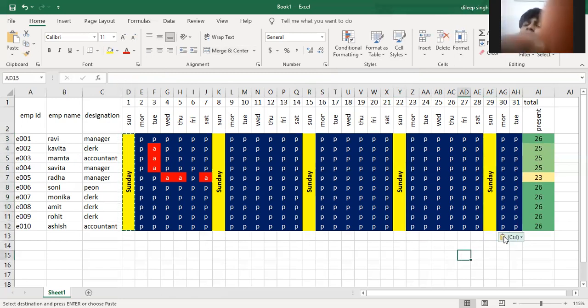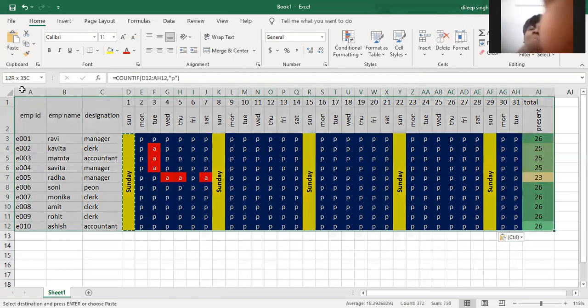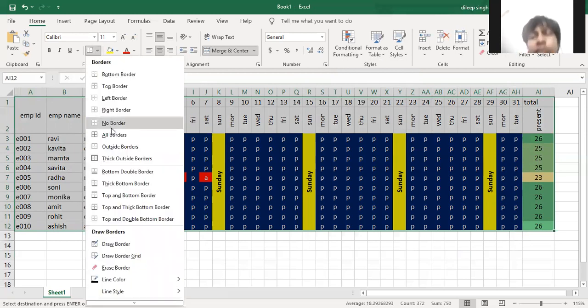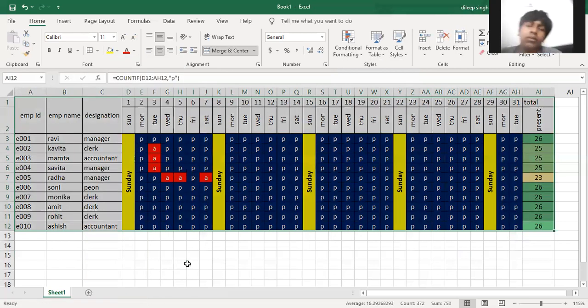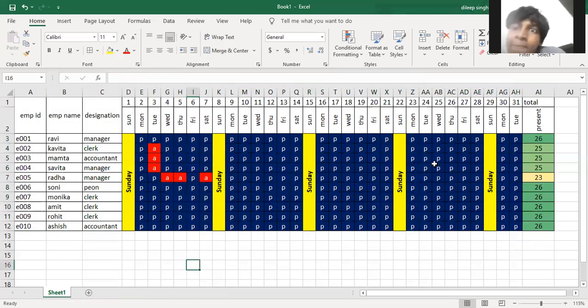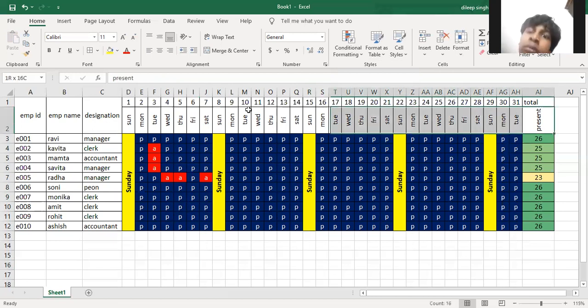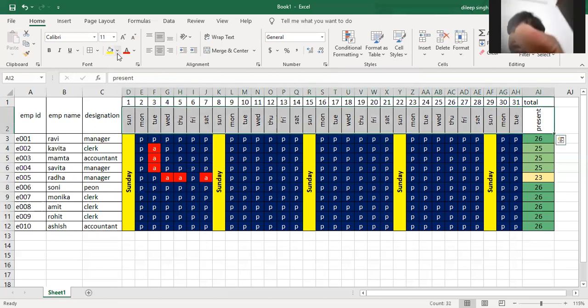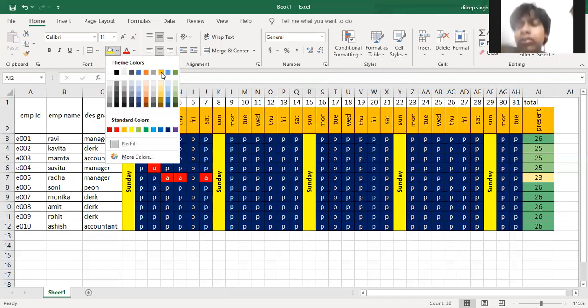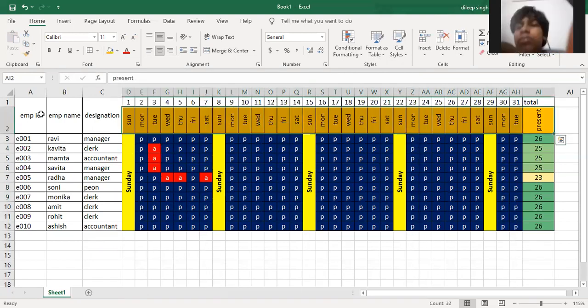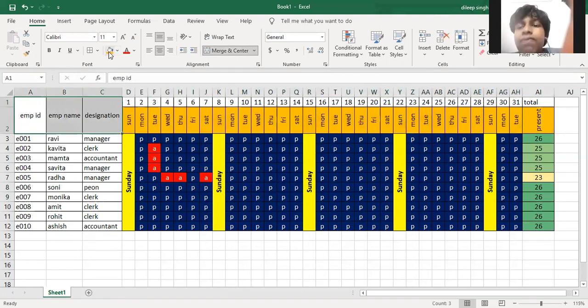And if you want to highlight all the column borders, after selecting them, here we have the border option. Here we choose all borders. When we click on all borders, we will get this type of format. Understood? After that, select all the cells of this section and set the color for it. Similarly, we do the same process with that.